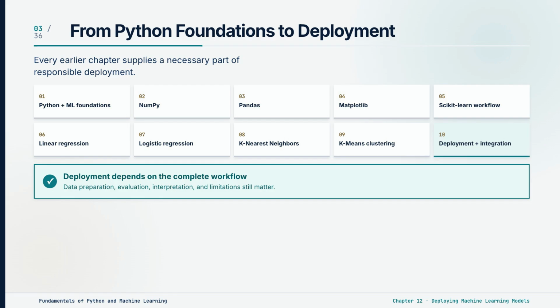Before discussing deployment, let's review how the course has progressed. We began with Python and machine learning foundations. We used NumPy for numerical arrays, pandas for tabular data, and matplotlib for visualization. We then learned the Scikit-learn workflow and studied linear regression, logistic regression, k-nearest neighbors, and k-means clustering. Each chapter added another part of the complete machine learning process. Deployment does not replace those earlier steps. It depends on them. A deployed model is useful only when its data preparation, evaluation, interpretation, and limitations have been